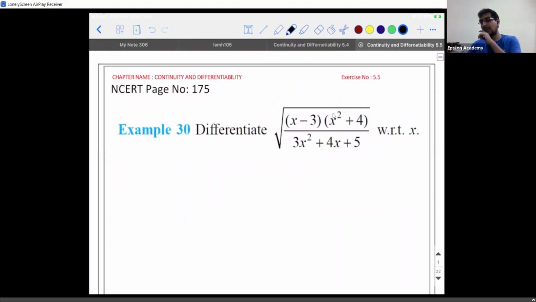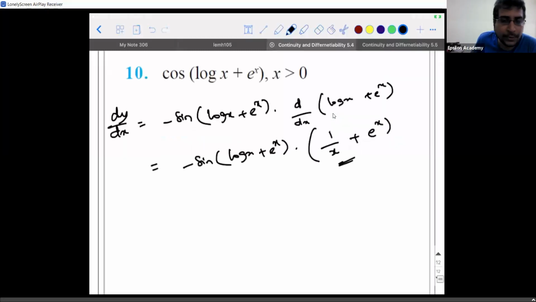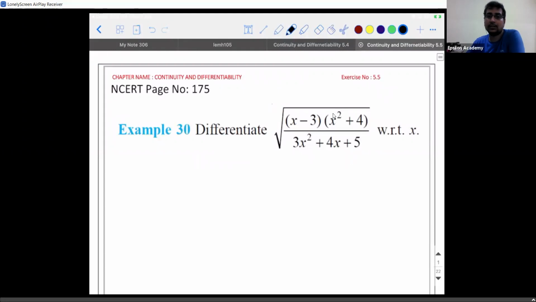Now just differentiate. Guys, I hope you copied it, right? So moving on to the next exercise. I have this kind of differentiation problem. Looking at this, we'll get tempted to first differentiate the square root and then proceed. No, don't make that mistake.